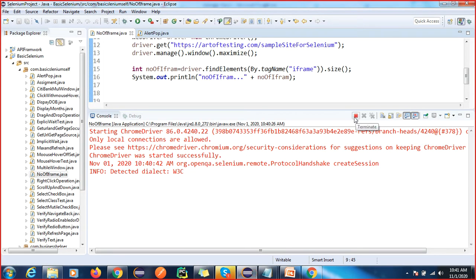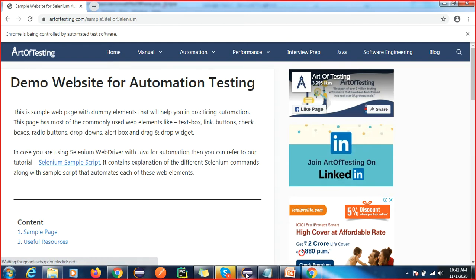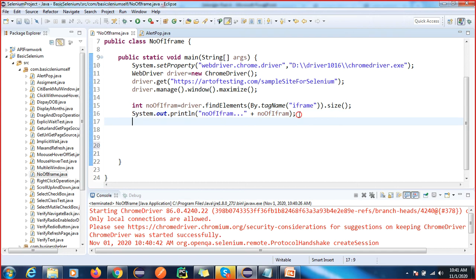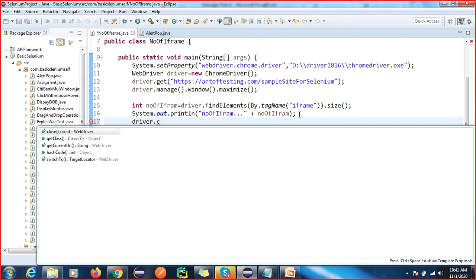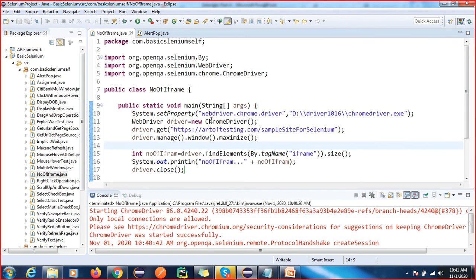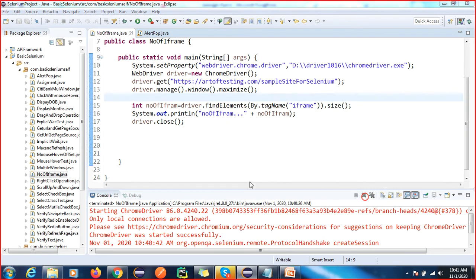Still it is executing. One second. I have to close this again, better to close here with driver.close. Okay, let me execute. If it does not work, I will check with another website.